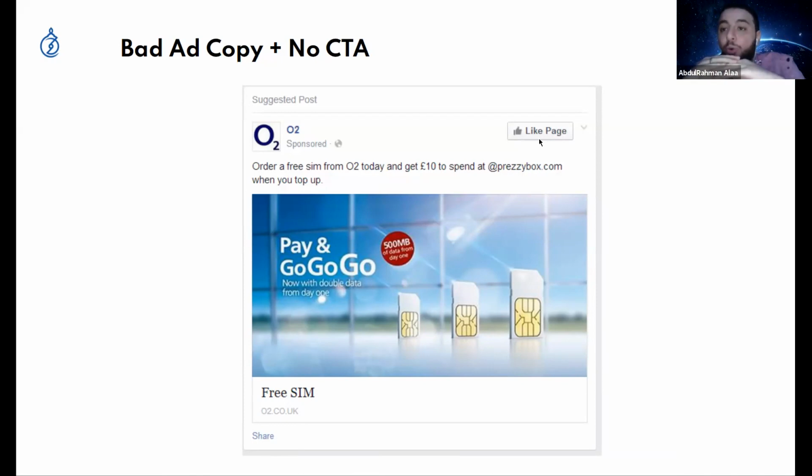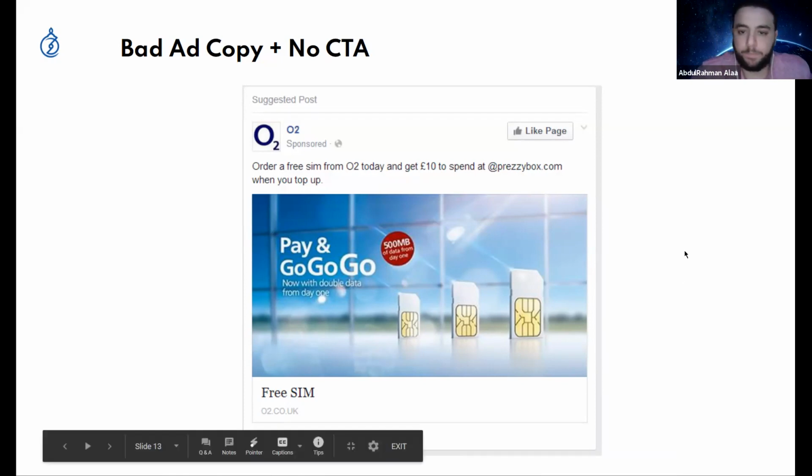But for people who know you, like they sent you a message or something, and you are targeting only those people without anything else, this ad may work with them because they already know you and bought something from you, and that's it. Do we have another question in the chat?